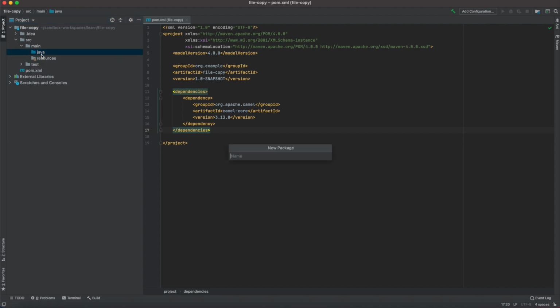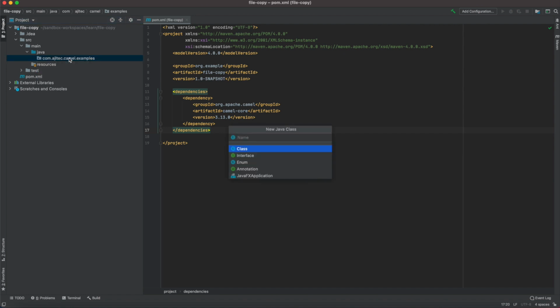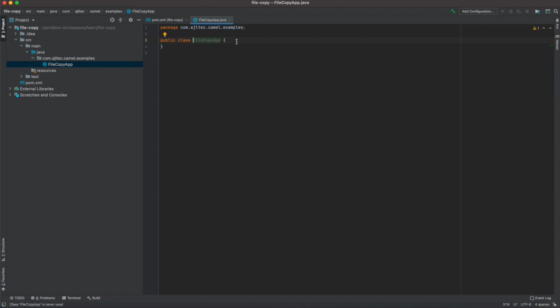Now let's add a package. Let's call it com.ajl-tech.camel.examples. And now let's create a class. Let's call it file copy app. Let's create a main method,